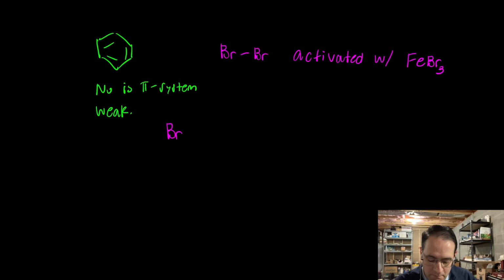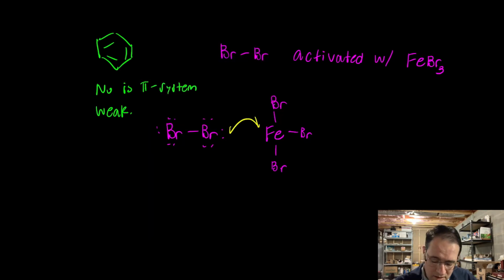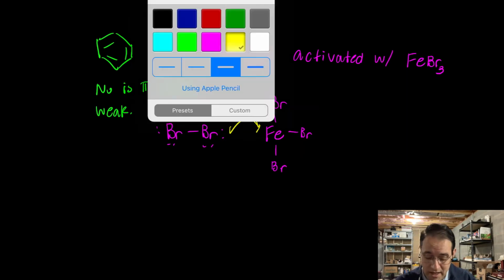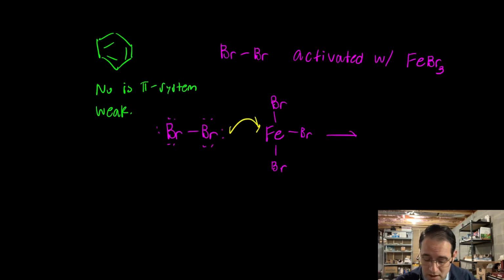Now, bromine has lone pairs, and this can attack. This is where we get into weird things with organometallics and transition metals and things like this, but basically don't worry too much about the charges of things. Well, worry about the charges, but don't worry too much about how many electrons iron really has. And so if we draw a product here that we get,